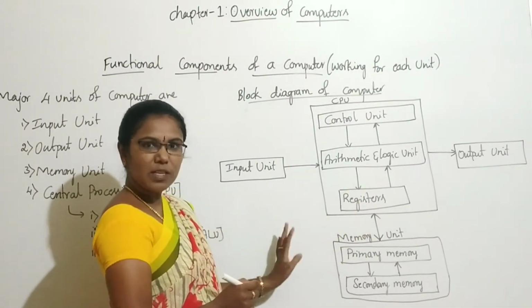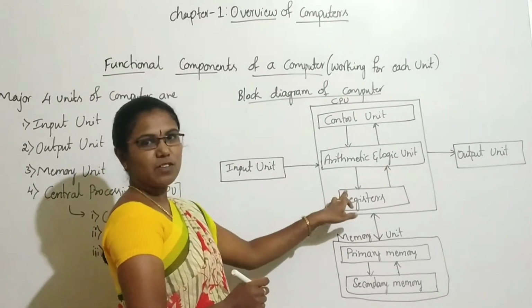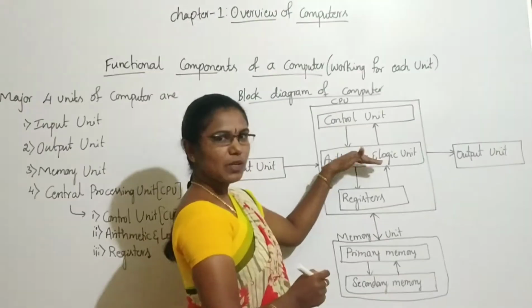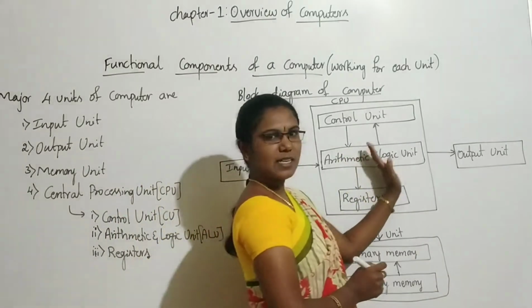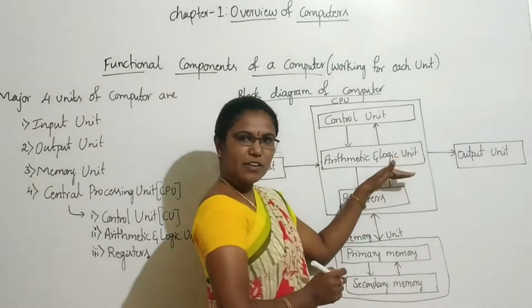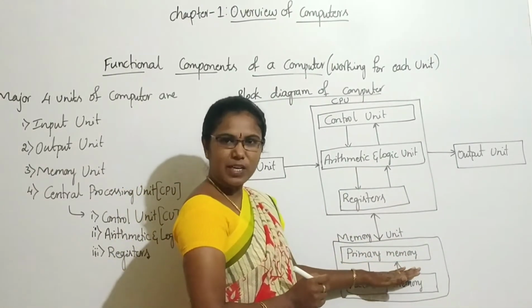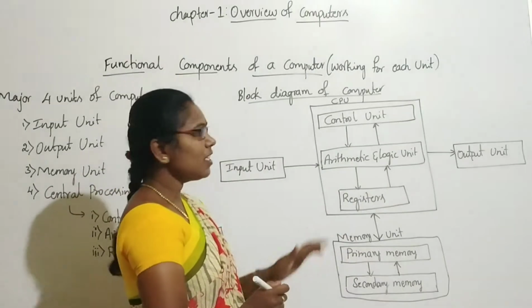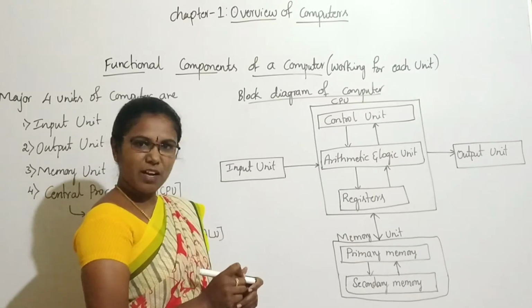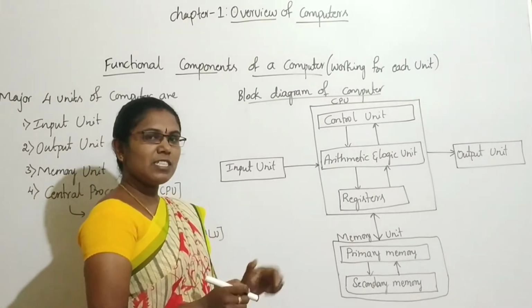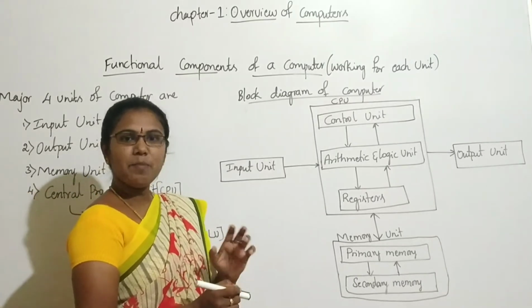Here we have mentioned all the major units of the computer. The input unit directly sends the data to the CPU. The CPU has a control unit, arithmetic and logic unit and registers. Next, the CPU sends the output to the output unit, and if the data is to be stored in a memory, the CPU sends the data to the memory unit. Understood? Now, we have discussed each unit briefly, because in the second chapter of this computer science subject, we discuss each unit component in depth. So here, I will explain briefly.